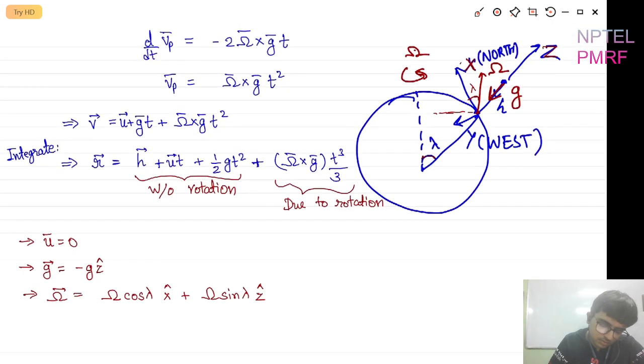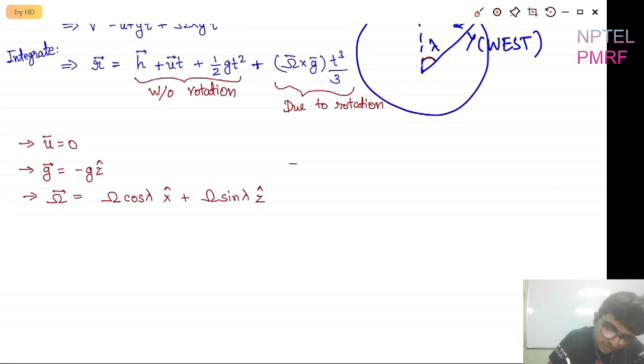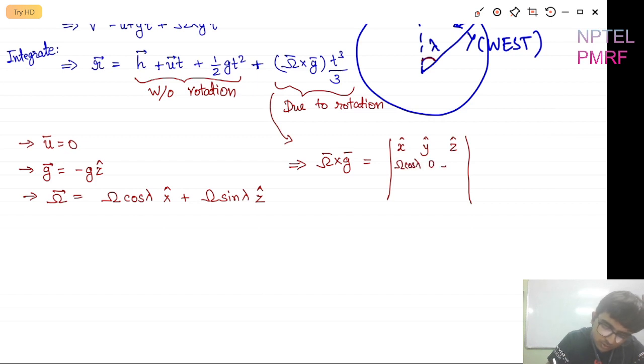Anything else we need? No. Okay. So which means the omega cross g term, which is required here, is the determinant of x, y, z, then omega, which is omega cos lambda, 0, omega sin lambda, and then g is 0, 0, minus g. Okay,